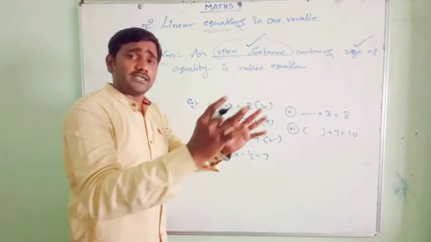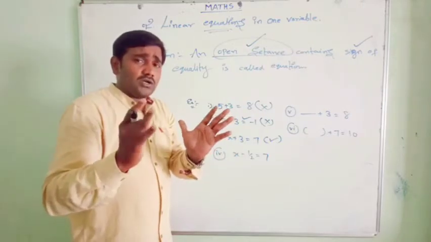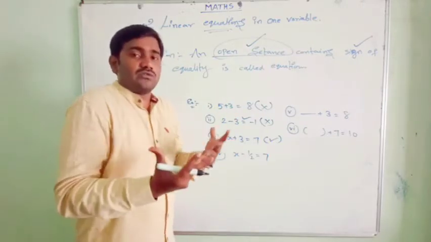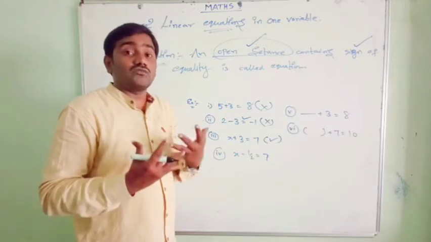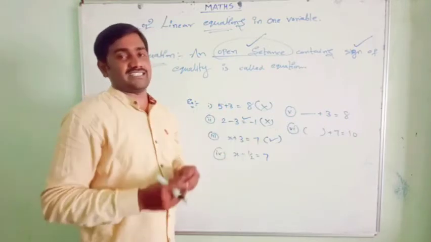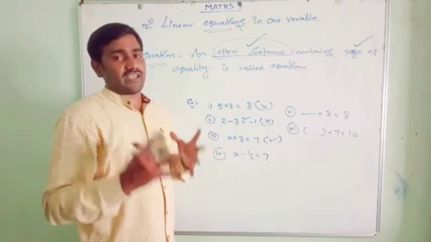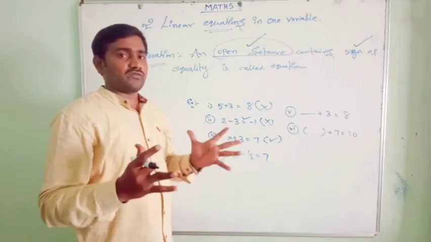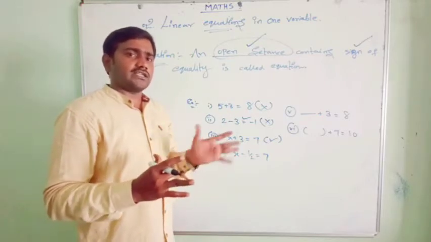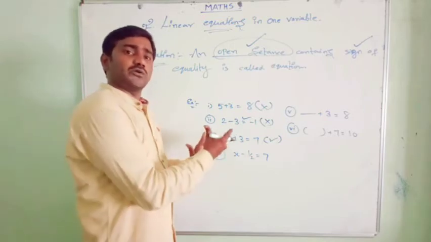Whenever we have an open sentence, we can put our wish, assumed values. Our wish and assumed values we can keep in the open sentence. We have a choice, a lot of choice. So everybody is not perfect in math. As they wish, they can substitute the value here. There is a chance of substituting. That means